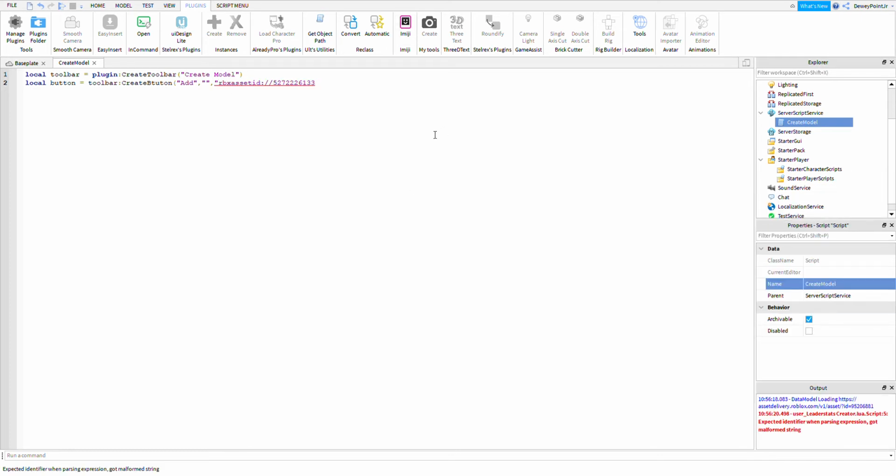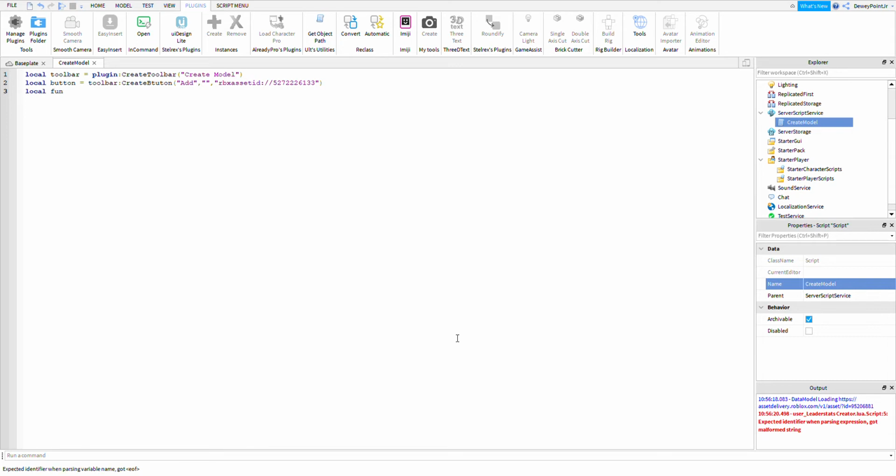Okay, and I'm gonna paste it in there. You can go and copy what's in the description, to copy whatever it says under add ID,